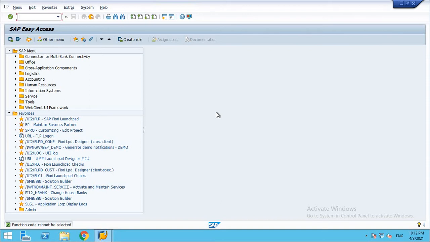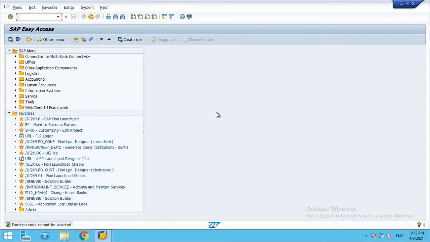Today's session I am going to explain an important topic called accounting editing options. The first thing we need to know is that accounting editing options cannot be transported, and we can directly maintain them in whichever system we are using. They are specific to an individual user.